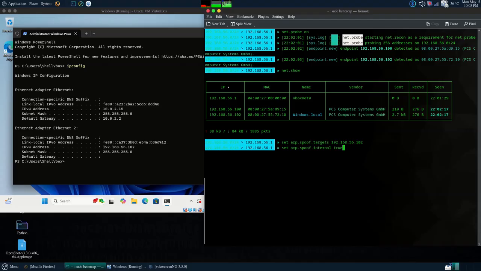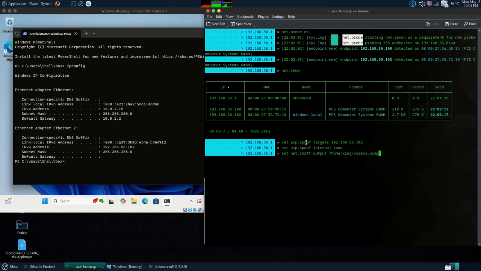Then we're gonna set the output to /home/king, let's make it video1.pcap. This is gonna put the sniffing output into a packet capture file, which I'll use to analyze using